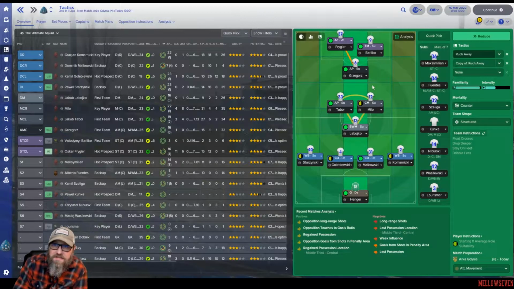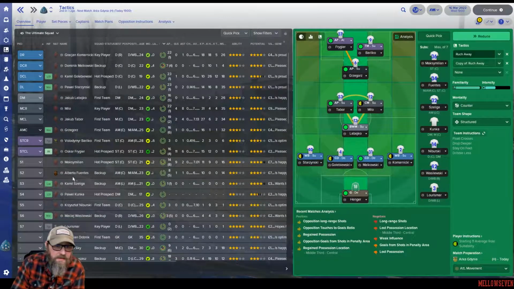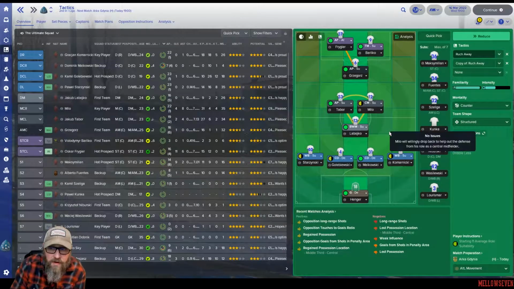I put Gregors in as an attacking playmaker. I think he's going to help us maintain possession a little bit more than Fuentes does. I've swapped out Nabursky for Makowski, just straight to keep people fit. Not a huge drop off one way or the other on those two. Haven't really changed the middle here, but what I have done, because